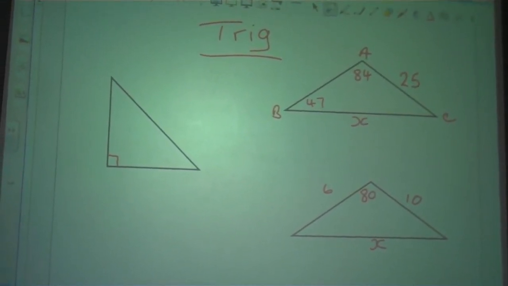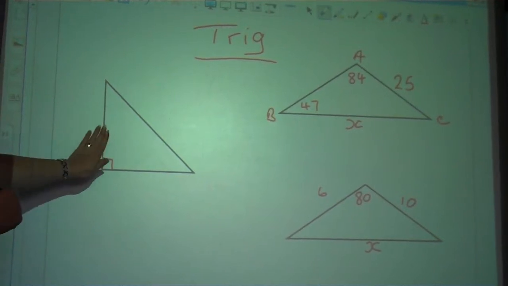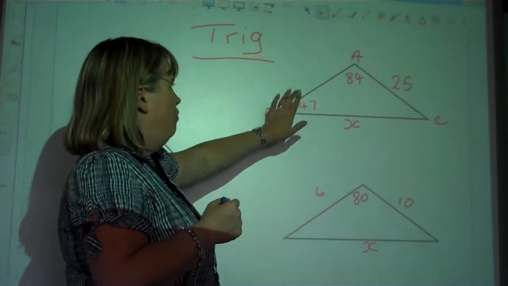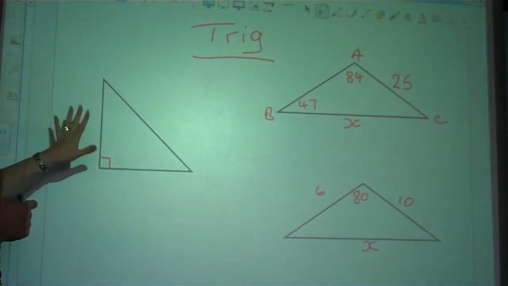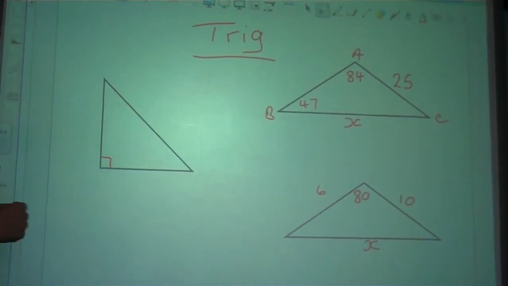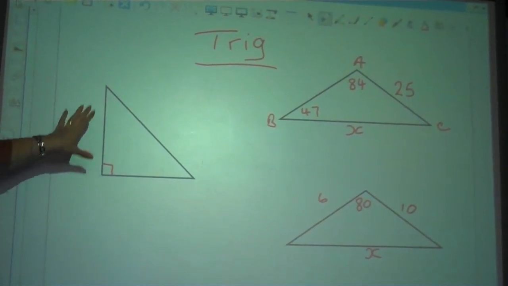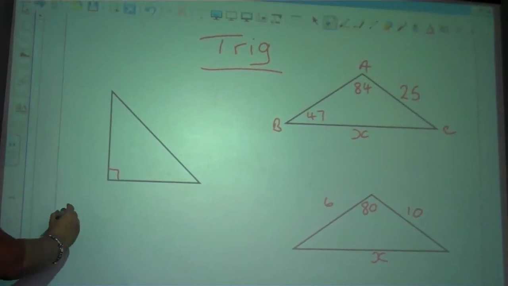In trigonometry, there are two types of triangles that you're going to get. There's a right angle triangle and there is a non-right angled triangle. Depending which triangle you've got tells you which of the rules that you're going to use. So, with a right angle triangle, it's either going to be